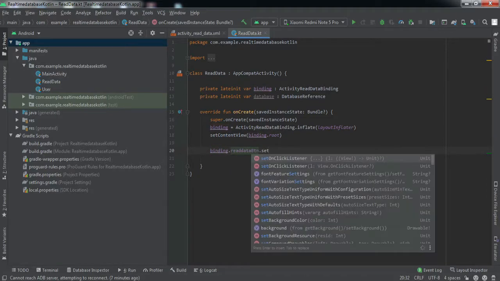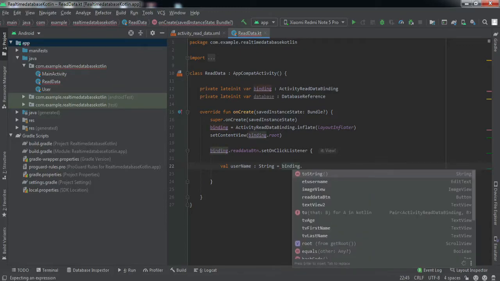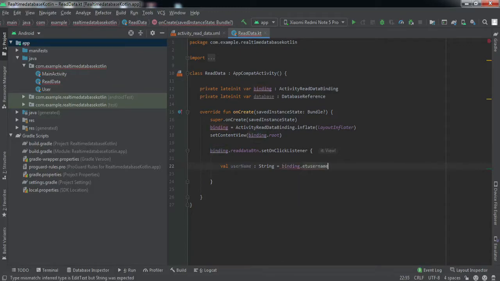Now I'm going to set the on-click listener on our read data button. Once the user presses this button, the first thing we'll do is capture the username entered in this variable, right? Binding dot et username dot text dot to string.